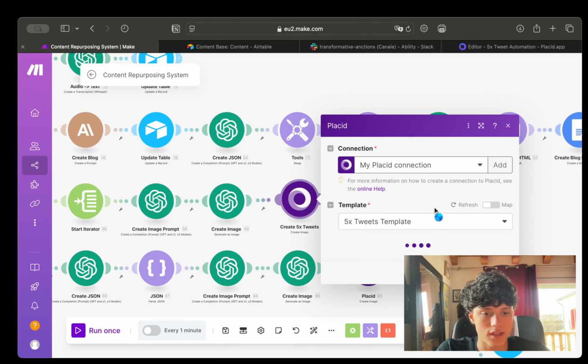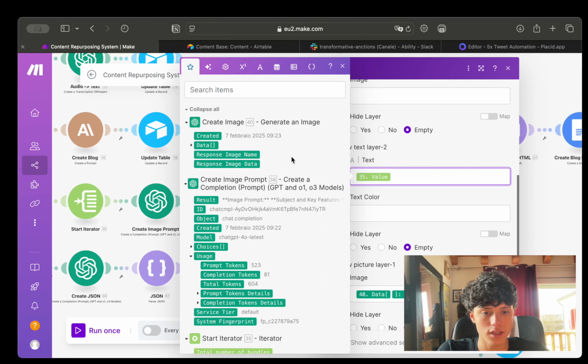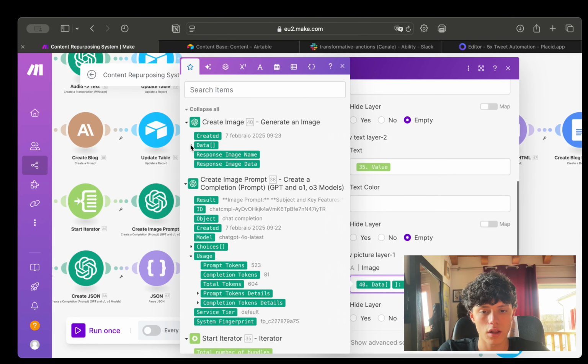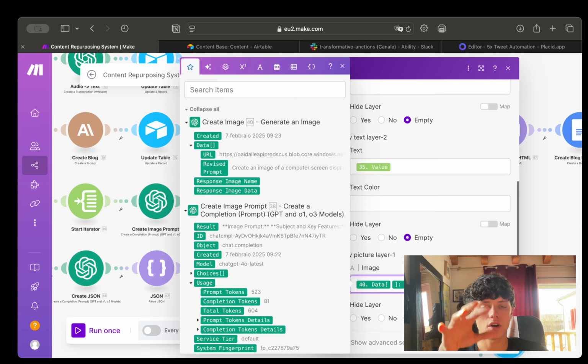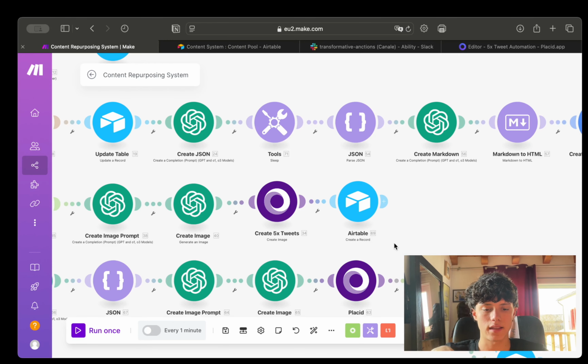And with this template I've created, I just fill in basically the content and then the URL of the image. And this is not that copy and paste, because you need to create your own template and set your own variables. And now, of course, the next and last module of this route is the one that creates the